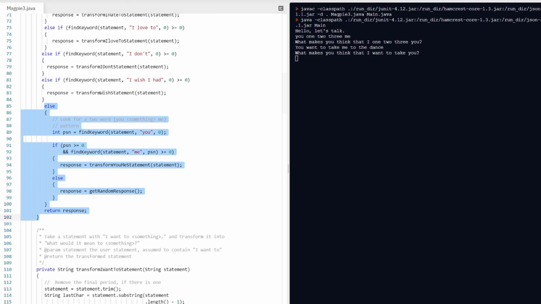And kids, well, that is it. That is just Magpie Part 3, and that's really where we're going to end with our chatbot. As you can see, we can keep adding to it. There are definitely some issues with doing it this way. As you can see, whatever string comes up first really overrides anything we want to do. Are there ways to fix it? Absolutely. Are we going to do it with this chatbot? Absolutely not.